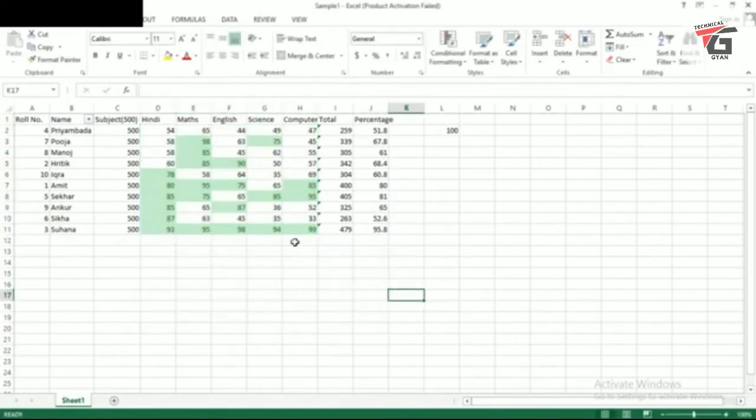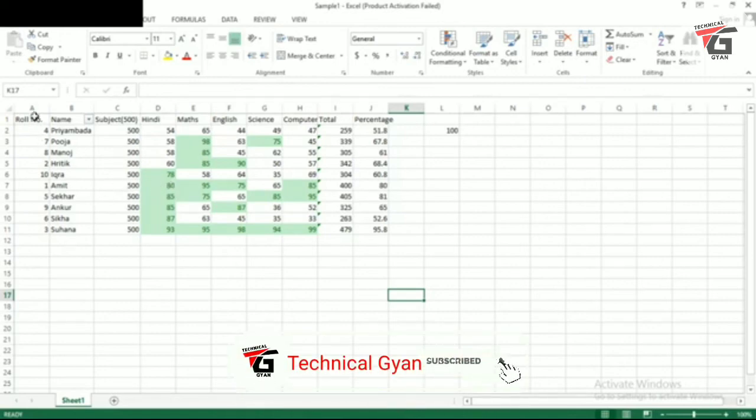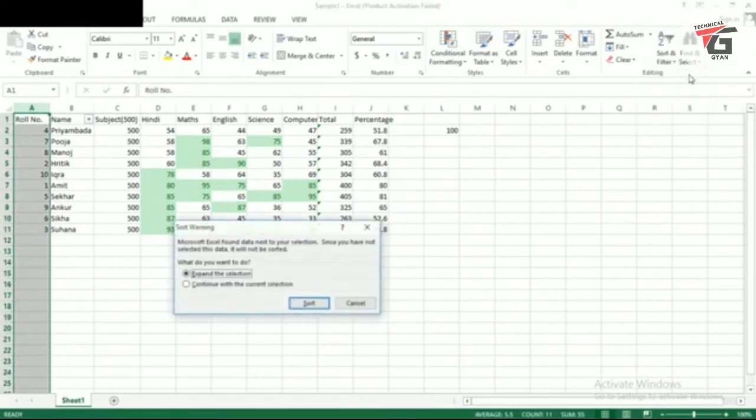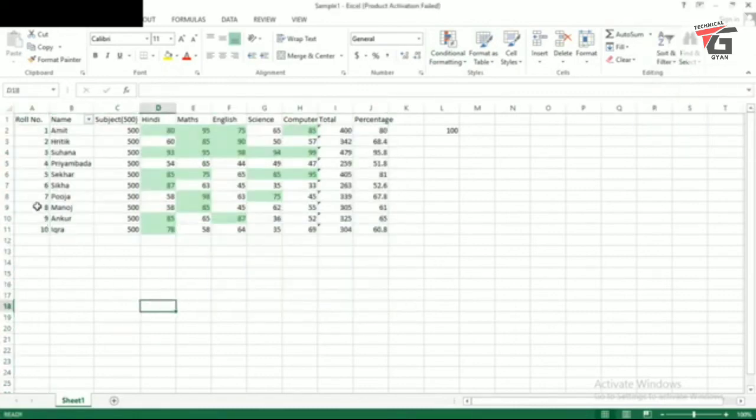Now you can see the conditional formatting has been applied. Here you can see the marks in each of the subjects which are 75 or above have been highlighted. The background color of the cell has become slightly greenish, and you can see the font color is deep green. I am going to arrange the data properly. Again, for this I will use sorting. I'll select the roll number, then go to sorting, then I'll select smallest to largest. Sort. Now you can see the data has been once again organized properly. So this is how we can use conditional formatting.